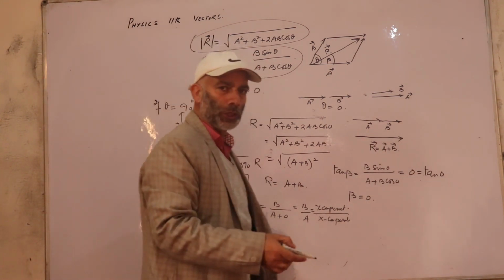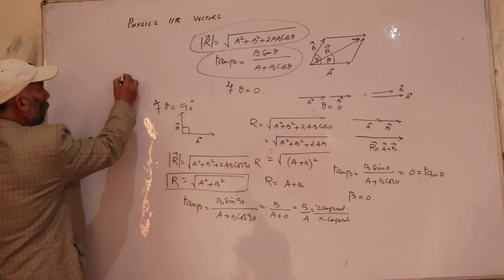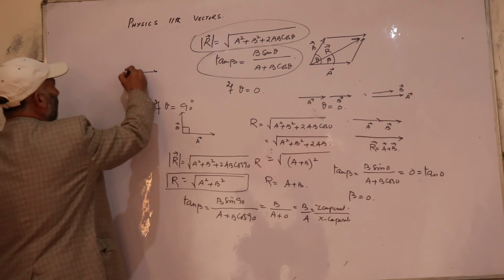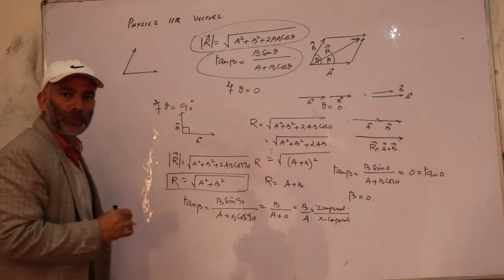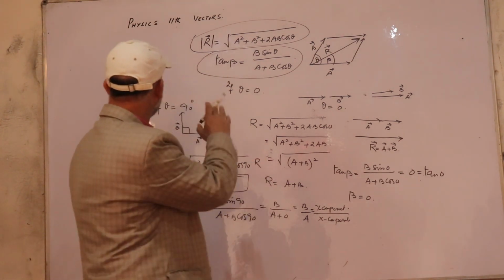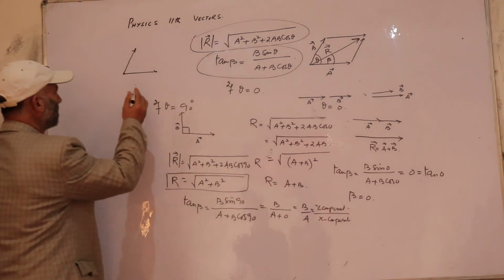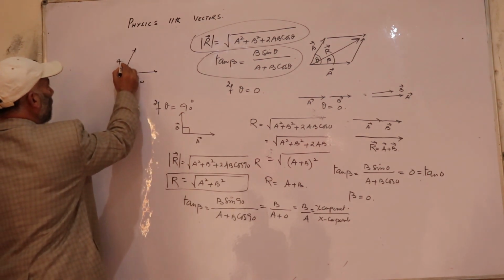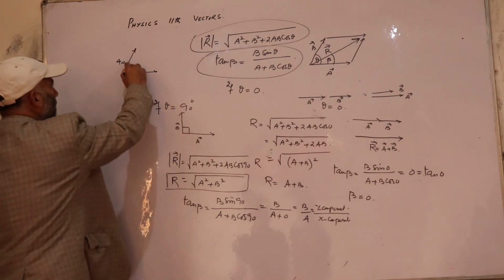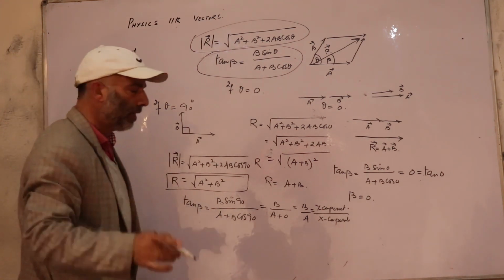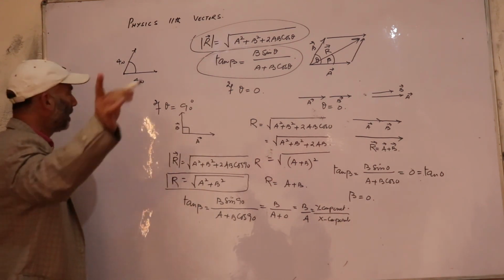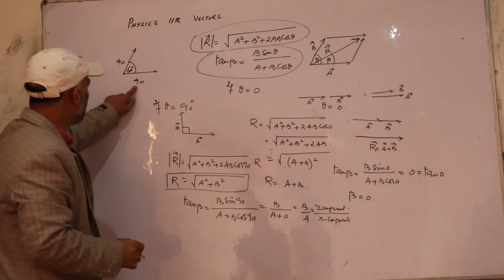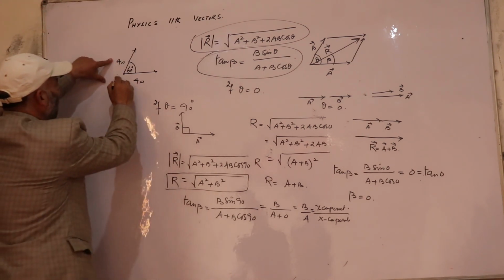Let's talk about one special question. If two forces, you can see different values in different books and different study materials. For example, Gomer and Gogiak have used it: if two forces of 4 Newton each are inclined to each other by some angle, this angle will vary. You try with one angle with me: let the angle be 60. Be ready. Two forces of 4 Newton each are acting on a part